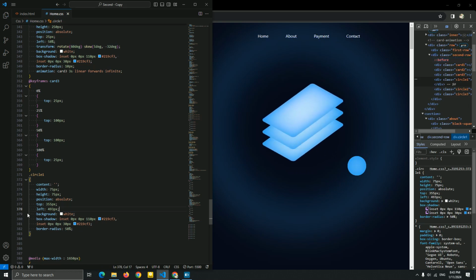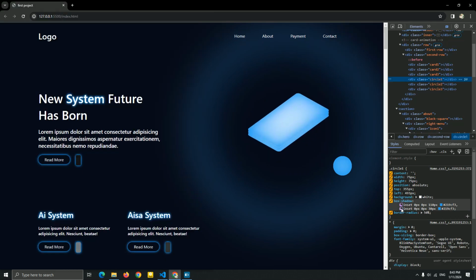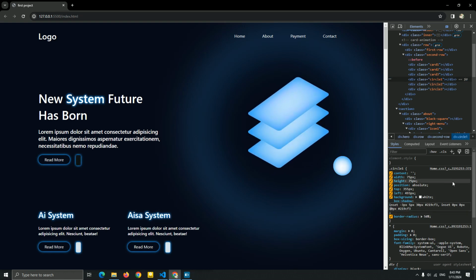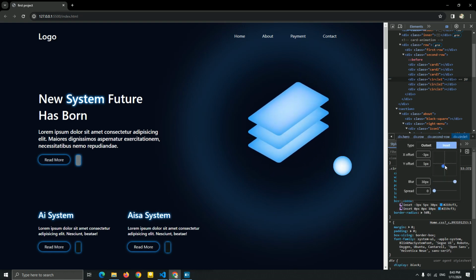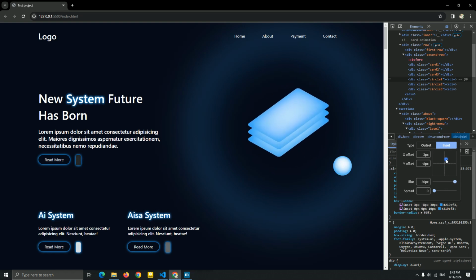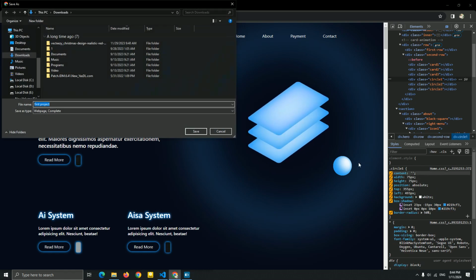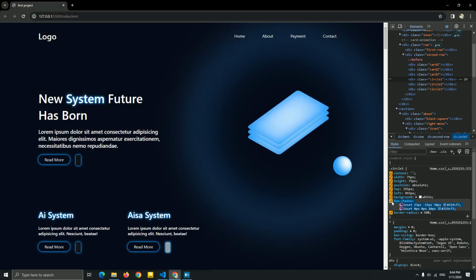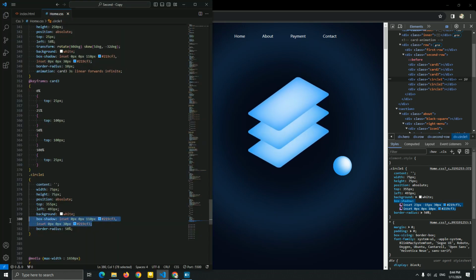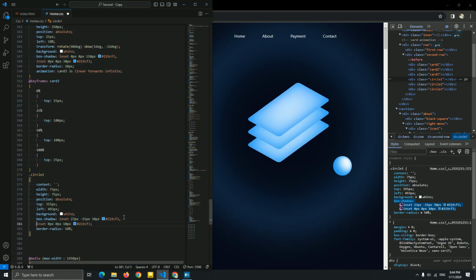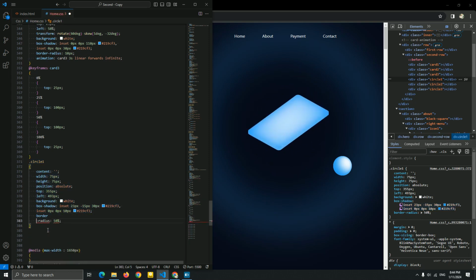Now this is our circle, as you can see it, guys. So for this inset, I'm gonna just change this, I think. Okay, now let me just change it, just like I said, guys. I'm sorry. Okay, now let me see. Yeah, this is our box shadow, as you can see it, guys, and you just need to change it in any spec. You just get a better box shadow for you, and I'm just gonna add it here. As you can see, this is our first circle, guys. Now let's go to create the next circle, circle 2 and circle 3.